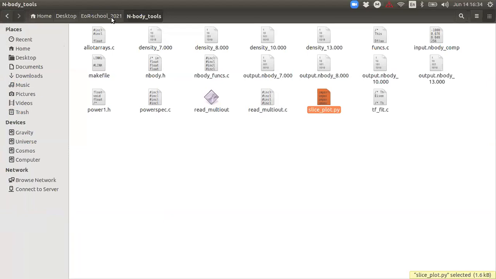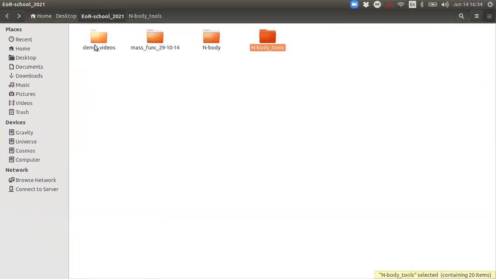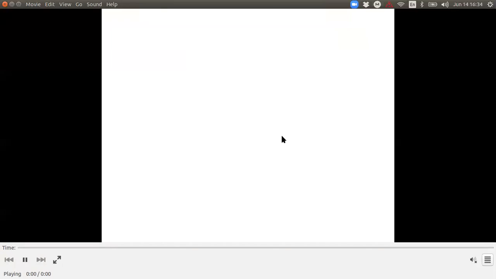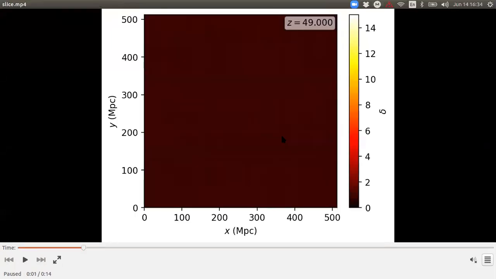I have made an animation to show you how the things are growing. So I will play that. Initially you cannot see anything right now because fluctuations are very tiny compared to these color bars.